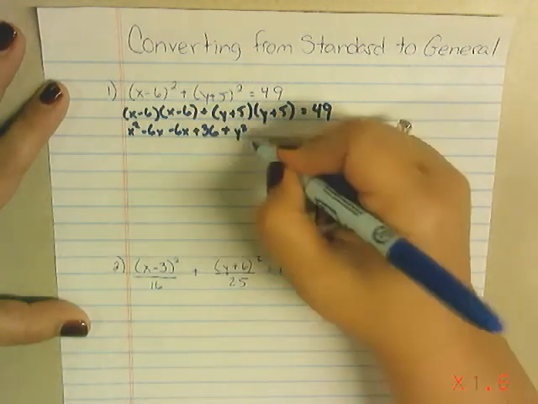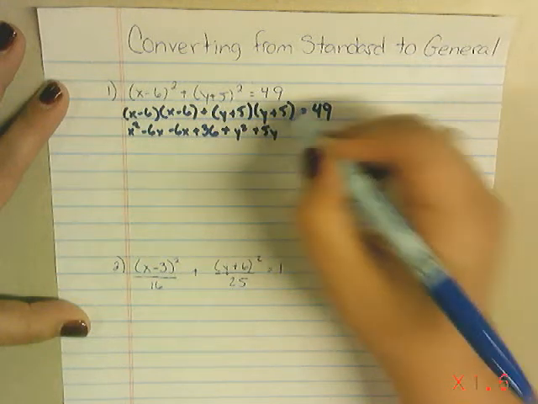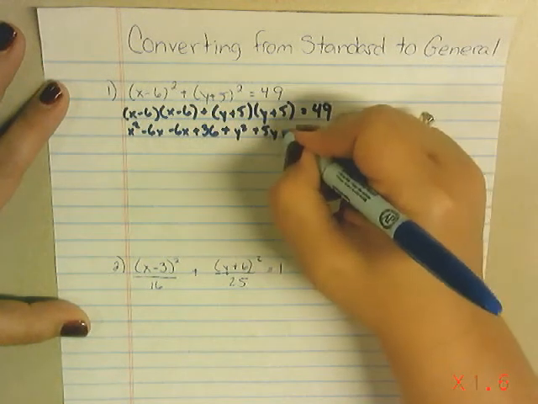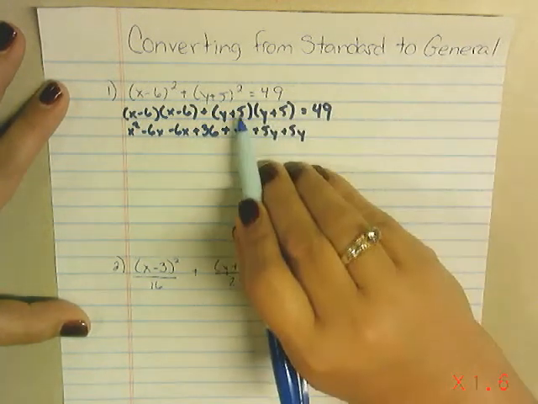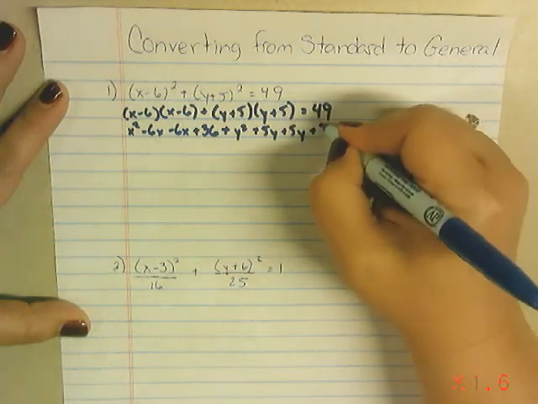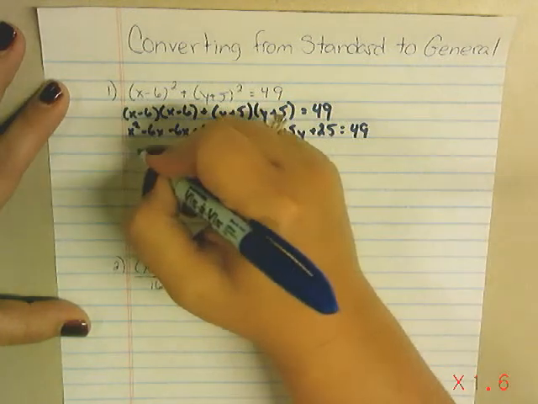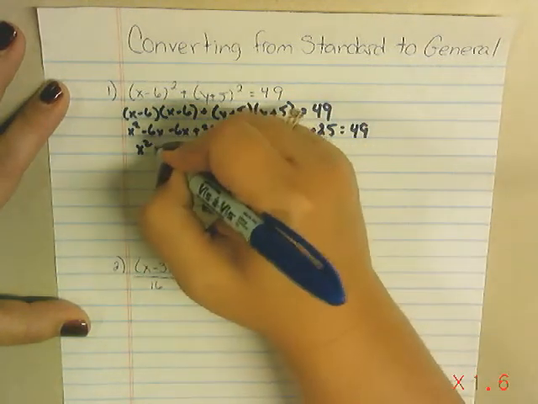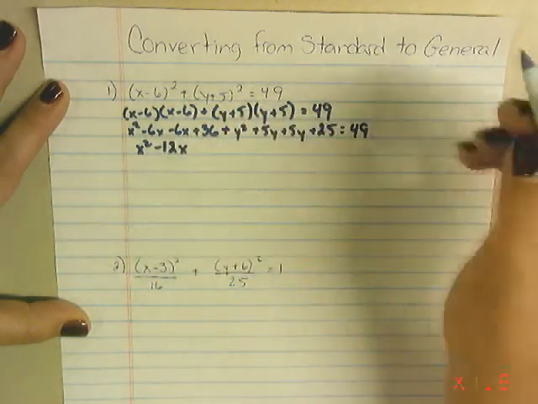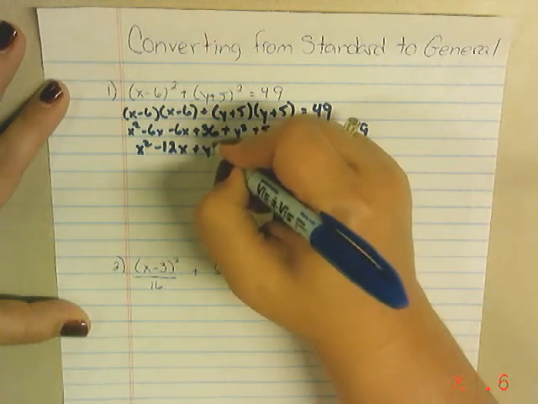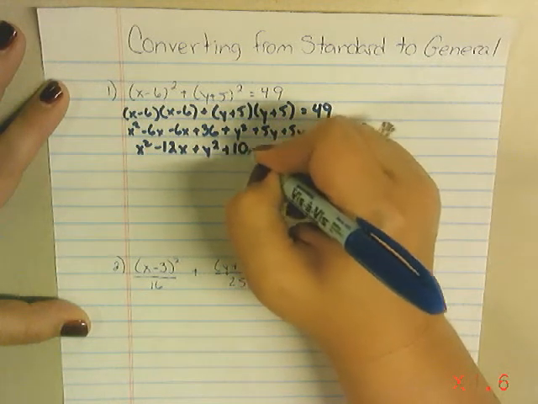Y times 5 is 5y. 5 times y is 5y. 5 times 5 is 25. Combine all my like terms. So I get x squared minus 12x plus y squared plus 10y